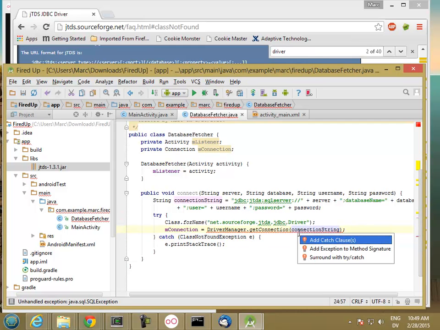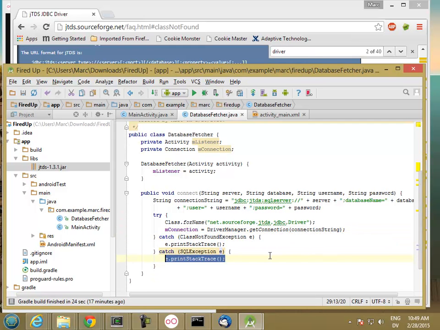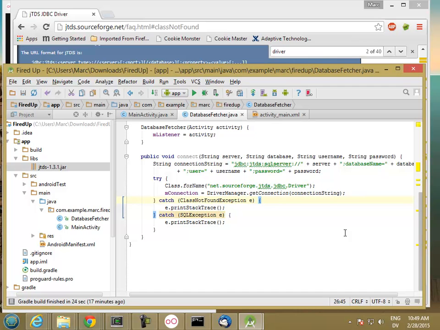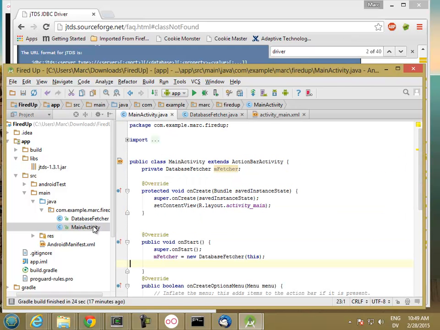And then add a catch clause. So I can get a ClassNotFoundException here, I can get a SQLException here, but if everything has worked correctly, I should be connected to the database. So let's go ahead and just run this. Well, actually, let me go to my main activity,